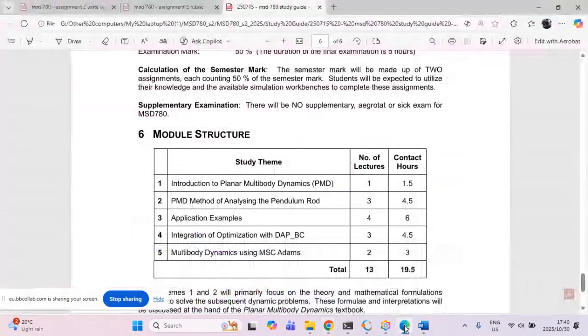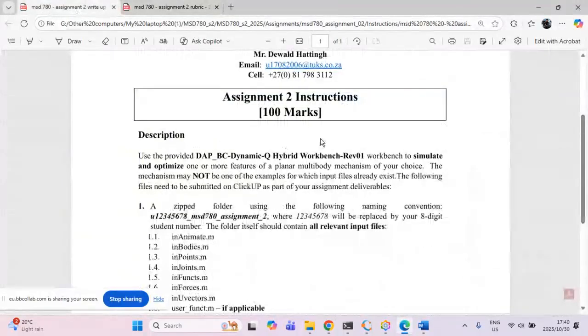So in that case, I'm quickly going to jump over to the assignment 2 write-up, which I posted, I think at the end of last week or the beginning of this week. This is now focused around doing some optimization on a multi-body mechanism of your choice. You can either use the same mechanism that you did for assignment 1, of course taking into account the feedback that I gave on your assignment 1 report,